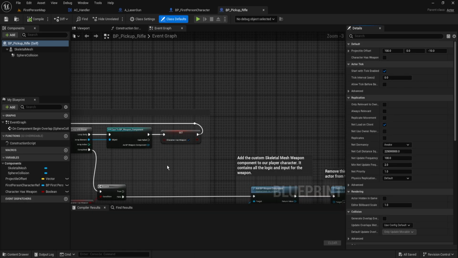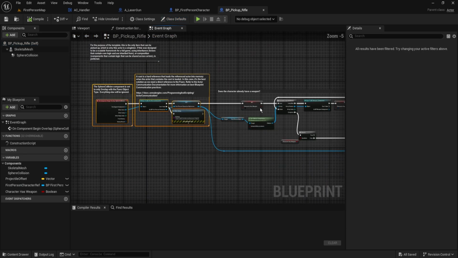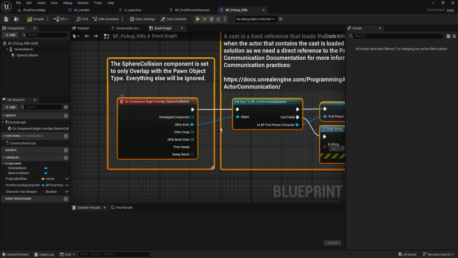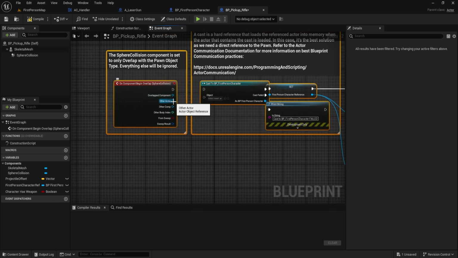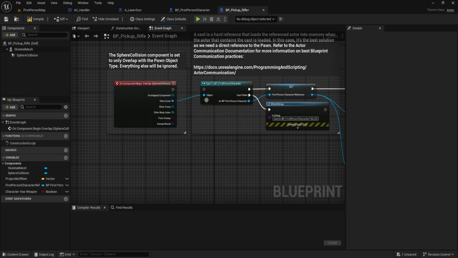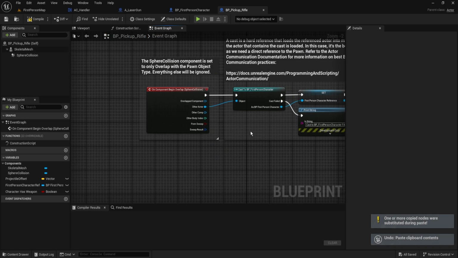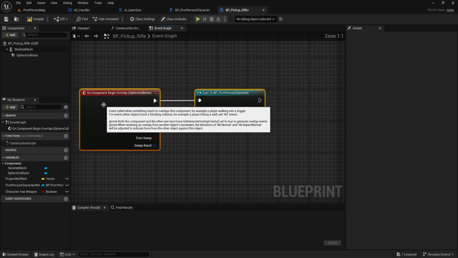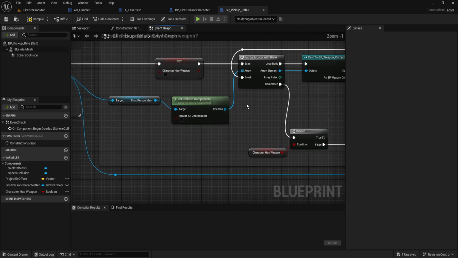And so to do that, what we need is pretty much currently right here, this is the pickup gun system. This is how we make the player pick up the gun. So we're going to do the same thing, but we're going to change how it works, at least for us. So we're going to copy this information here, both of these. We're going to paste it here. Sorry, not copy. We need to drag it off because there can only be one of the events, obviously. So with this, the main things we want to do is to make sure that we